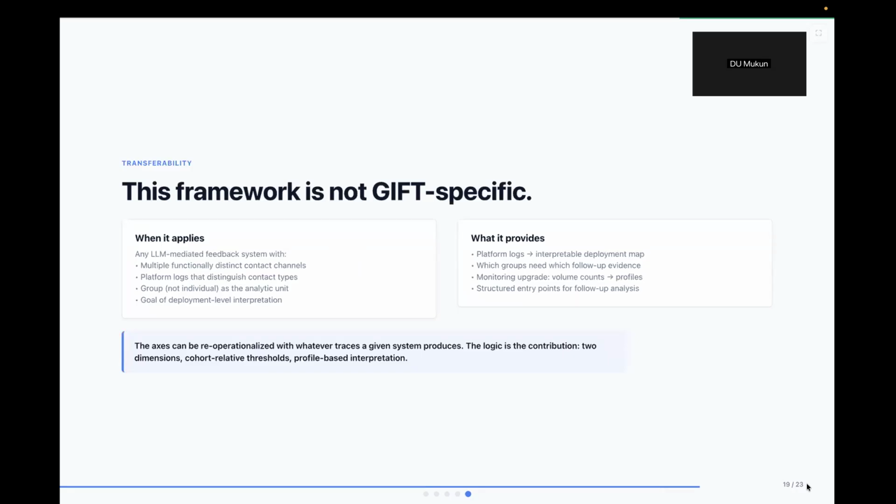And the framework is not only for this system. It can be applied to other systems, as long as they have an LLM-mediated feedback structure, are group based, are deployed in a real-life classroom, and have enough platform logs